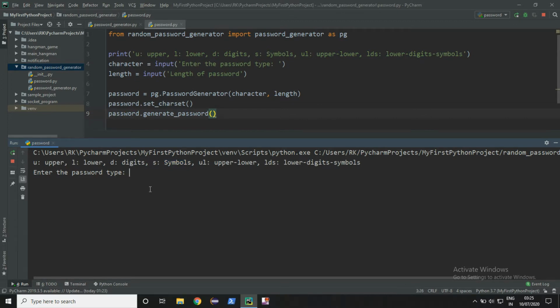Now let's first use a single character, U. Length of password, let it be 5. Random generated password is DSRBB. As you can see it has all uppercase characters.